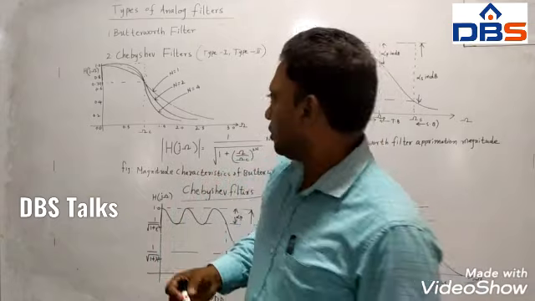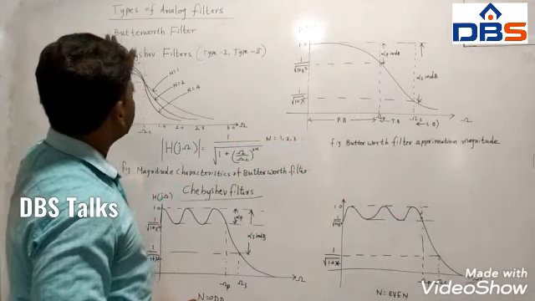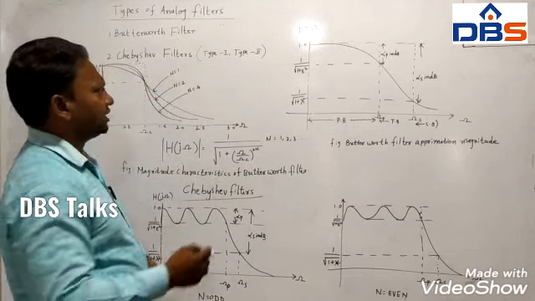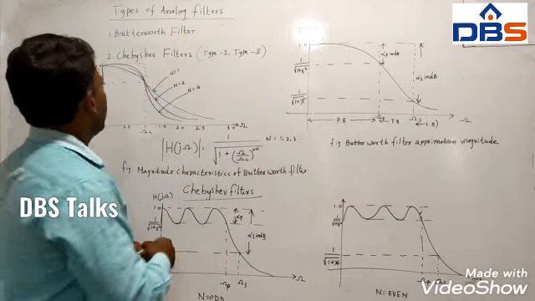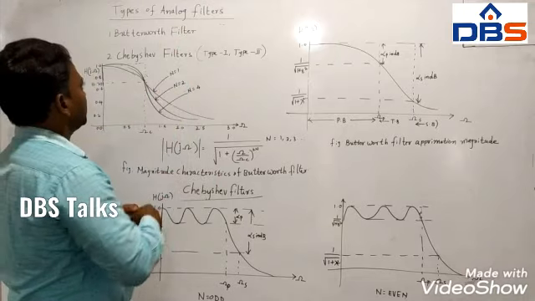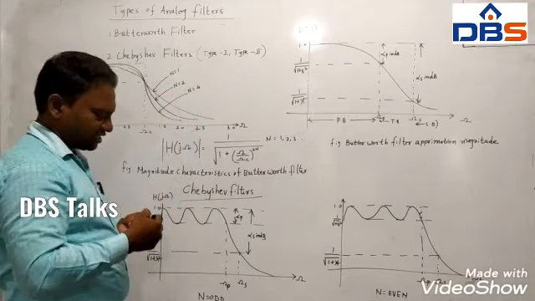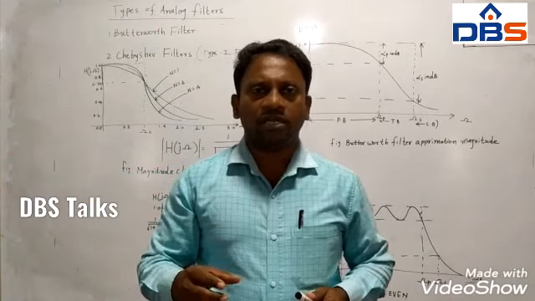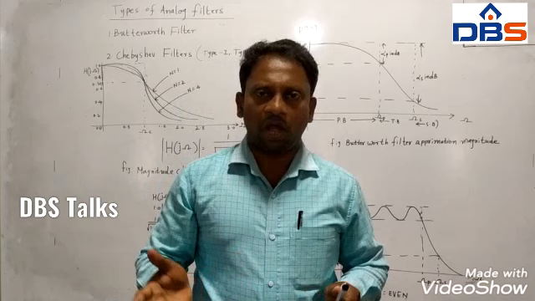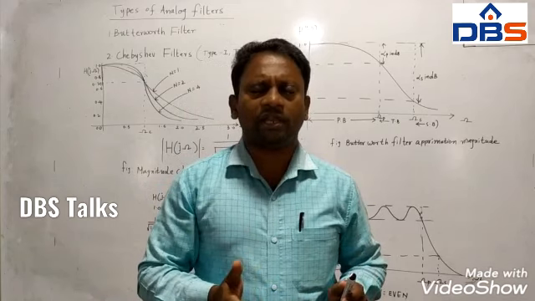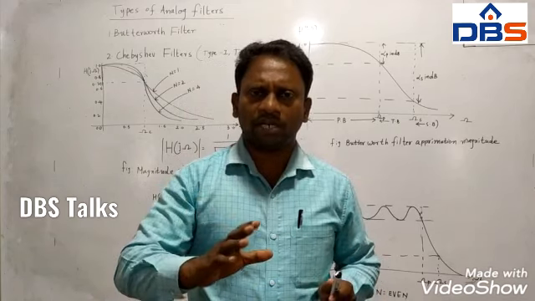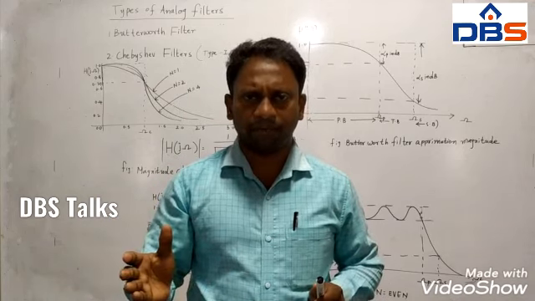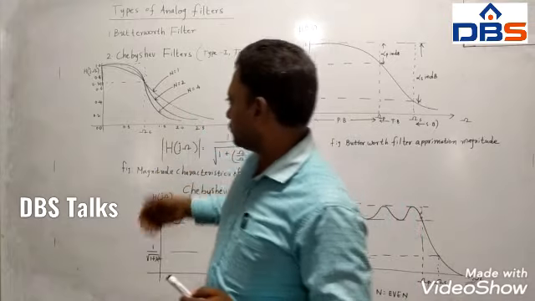design. First Butterworth filters, and in the Chebyshev filter there are two types, type 1 and type 2. These are the two analog filters. In the design of digital filters, first we have to find the analog filter transfer function. After evaluating the analog filter transfer function, we have to transform it into the digital domain, that is the Z domain. So step by step we will see.